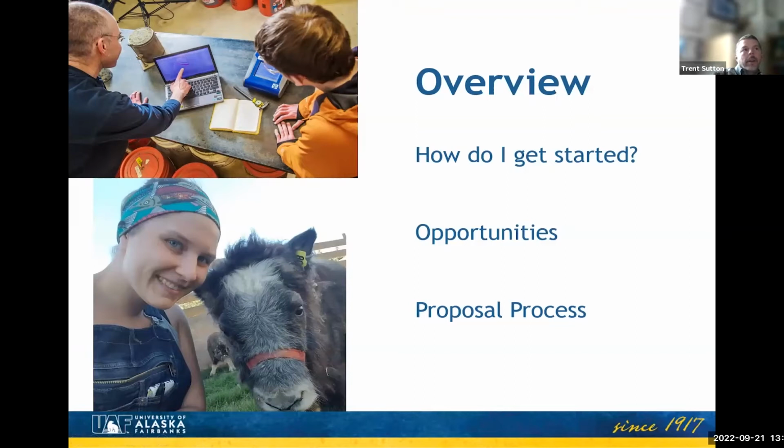So in this overview, what I want to talk about is how do you get started? You may not have any idea at this point in time what it takes to get involved in a project, and I want to talk about some aspects related to that. I want to talk about the opportunities that URSA supports. And really, we can help in a number of ways, and I'll talk about those. But one of the biggest things we do is we provide funding, a pretty invaluable piece to this. I'll talk about what those different funding opportunities are, and then I want to wrap it up talking about the proposal process, because ultimately, if you're going to receive funding from URSA, you're going to have to submit a proposal for that.